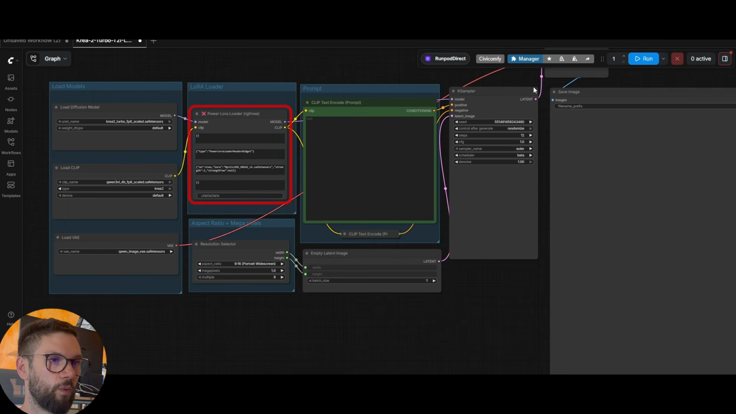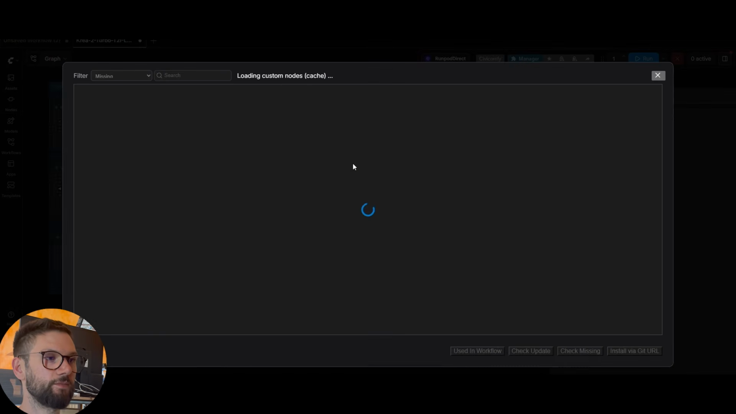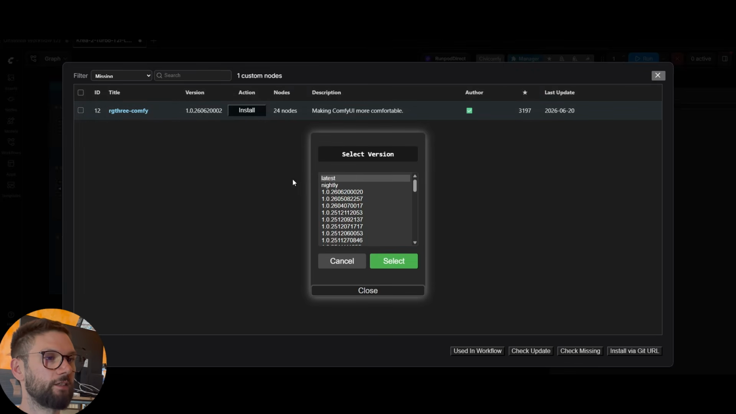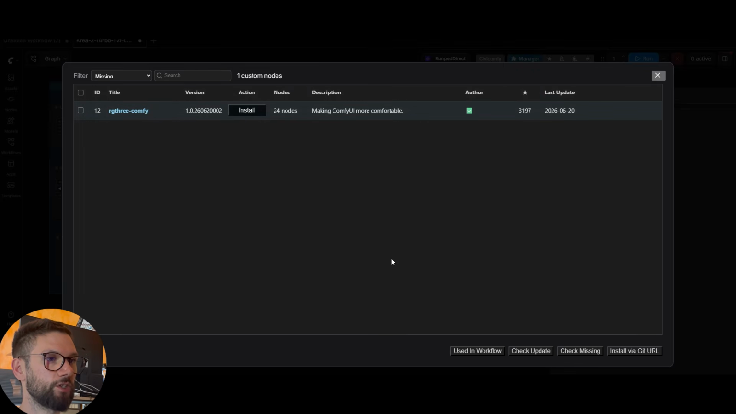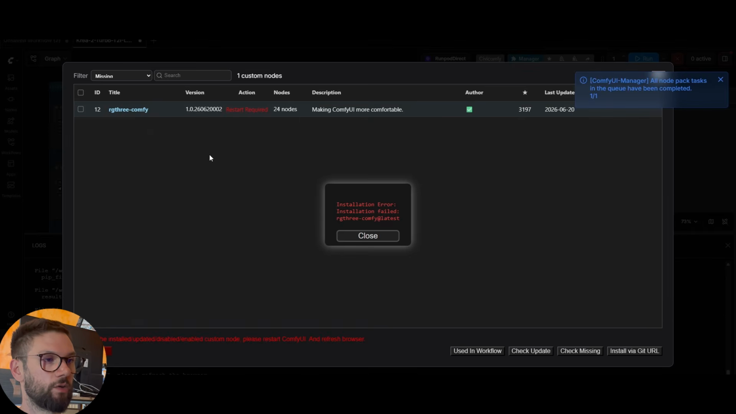So if we want to install it, we go into Manager, Install Missing Custom Nodes. As we can see, it detected one custom node, so we install it. We choose the latest version. And I recommend you to install RG3, not only because